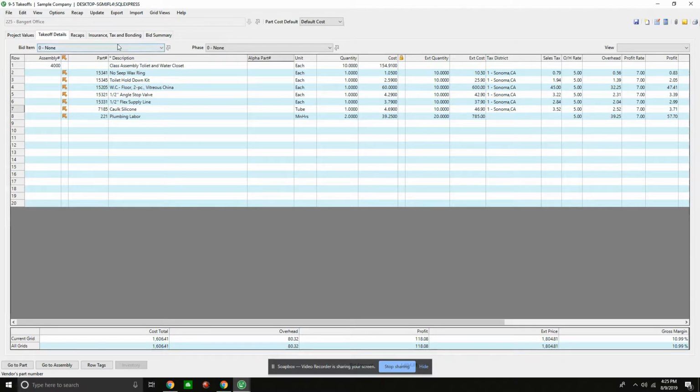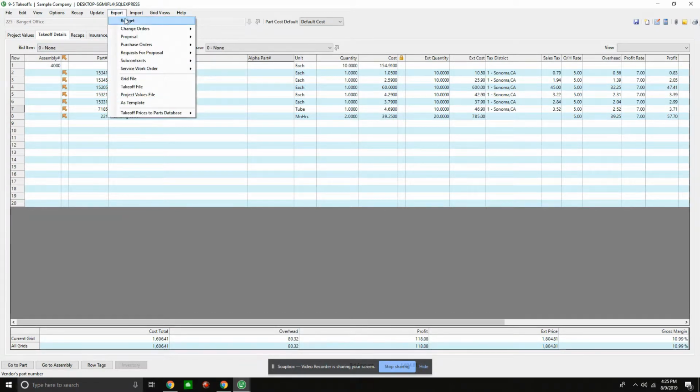And now I'm going to go up here to export, because I've got quite a few things. If I've tied down this particular estimate and we know it's good, and we've got the contract signed, now I'm ready to get this information over to the accounting solution, and export it from the estimating solution and not just have it stay there. So in the first case, I want to actually export my purchase orders.